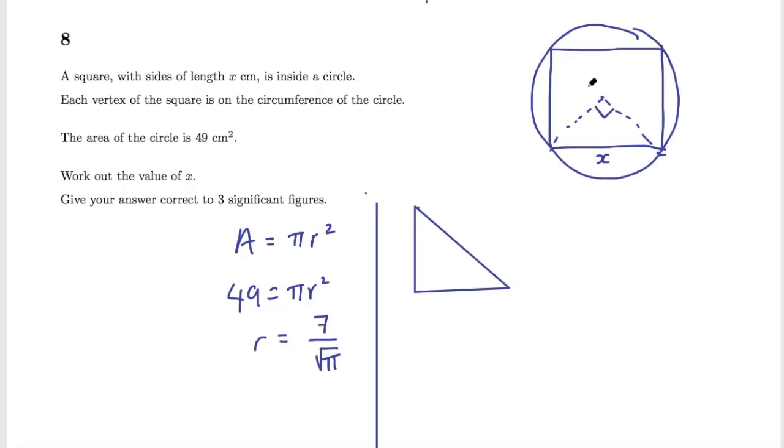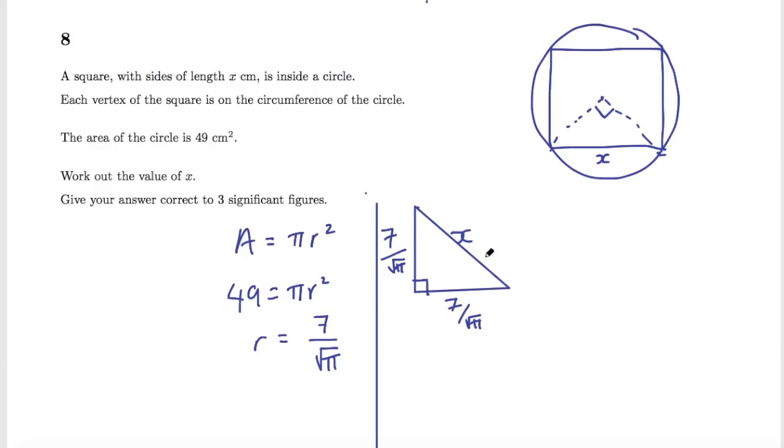I've taken that triangle from this circle and brought it out here. So you can see that this is the right angle triangle. These are the radiuses. So this is 7 on square root pi. And this is also a radius, 7 on square root pi. You can see this is a right angle triangle, and we're looking for this side here. Hopefully you can see that I've just taken that triangle and drawn it here. So now we can use Pythagoras' theorem